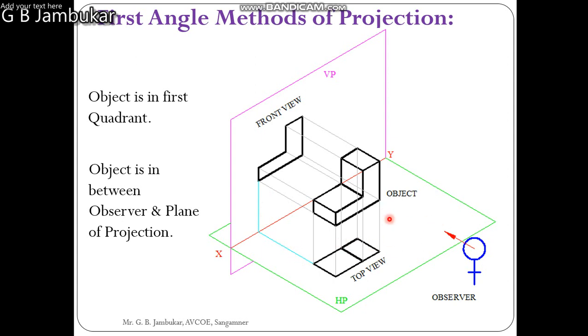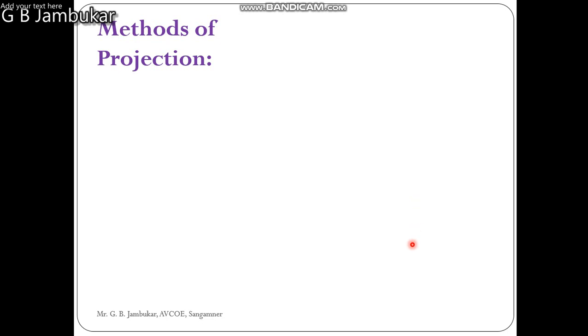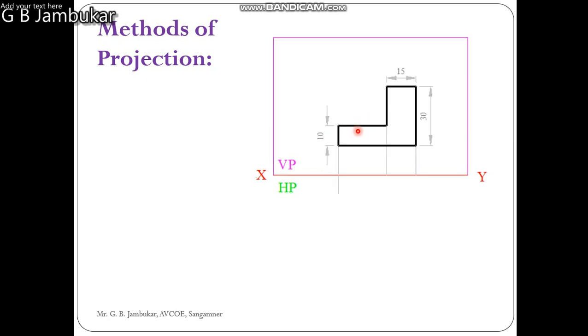Now we have to draw this projection on the plane paper. For that, the HP horizontal plane is rotated by 90 degrees in the clockwise direction, and this horizontal plane will become vertical below the XY. Now the object is removed, the views or projections, front view and top view, remain as they are on the plane, and then we will draw the projection over here. Above the XY there is the vertical plane, and below the XY there is the horizontal plane. On the vertical plane we get the front view, which is like this, and all are the projectors or projection lines.